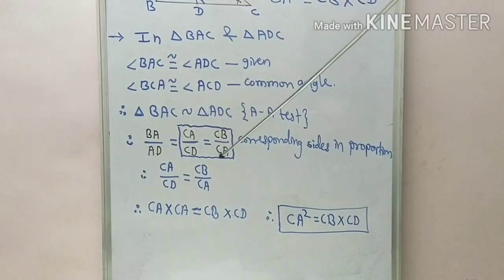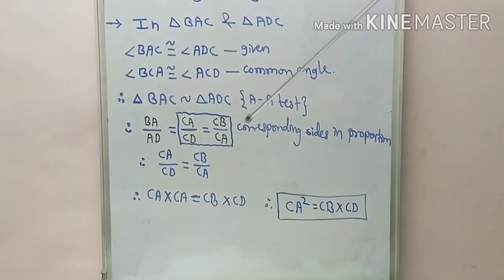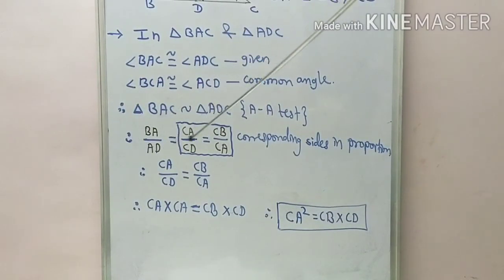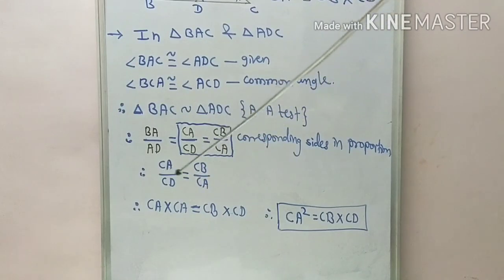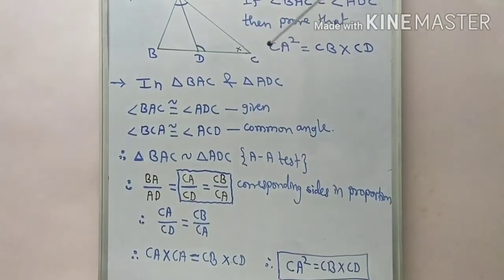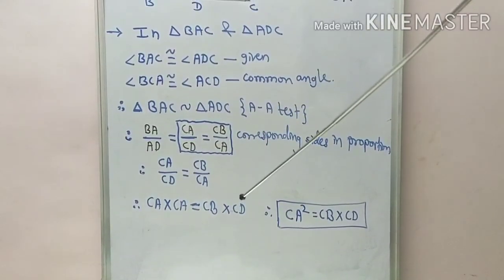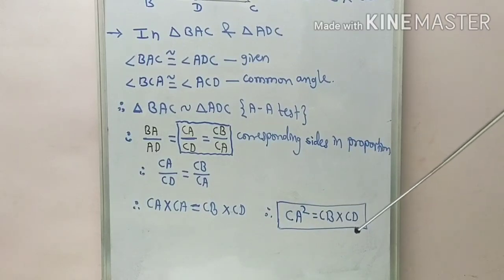Okay, getting this, students? But what you have to actually prove is that CA square equal to what? CB into CD, and hence what we do here, that first ratio we won't require, so we skip it and write down the remaining second and third ratio downside, CA upon CD equal to what? CB upon CA, because here as you notice, as we do cross multiplication, we get what we have to prove. Okay, so CA into CA equal to CB into CD, CA square equal to CB into CD, like this.